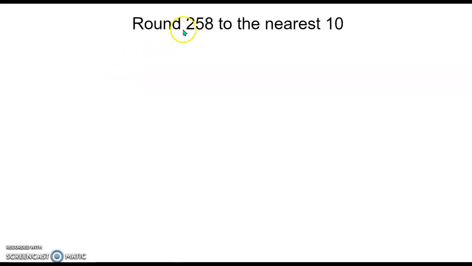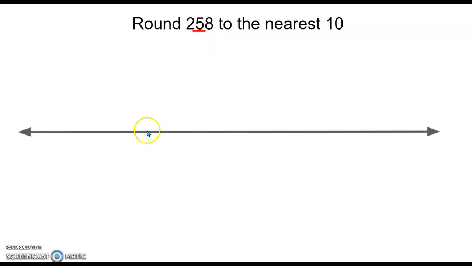So we are rounding 258 to the nearest 10, and the first thing we're going to do is decide where that tens place is at and underline it. So if I'm rounding to the nearest 10, that is going to be right here where that 5 is at. And I'm going to use that to help me with my number line. So I'm going to draw my number line, and I'm going to have my tick marks for the section of the number line we're looking at. And we said that we're rounding to the nearest 10, and right now there's a 5 in that tens place, so that means I have 5 groups of 10. So that means that I have